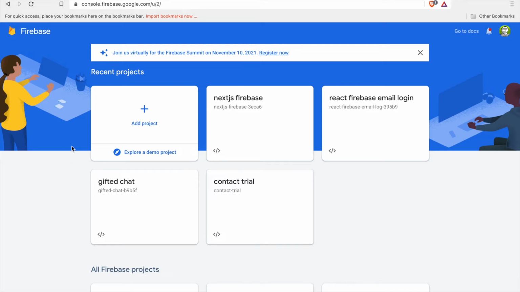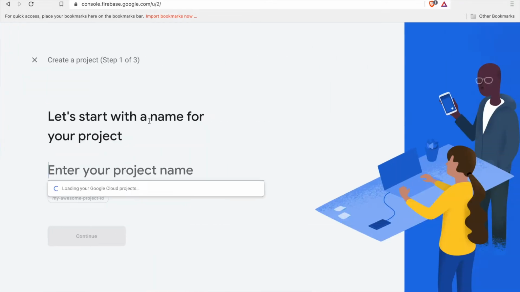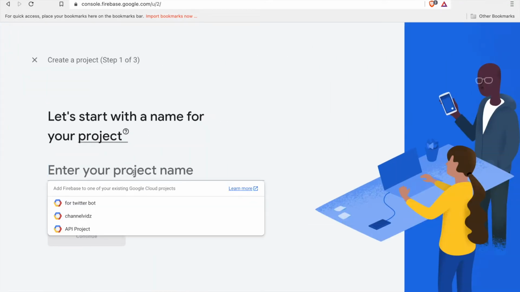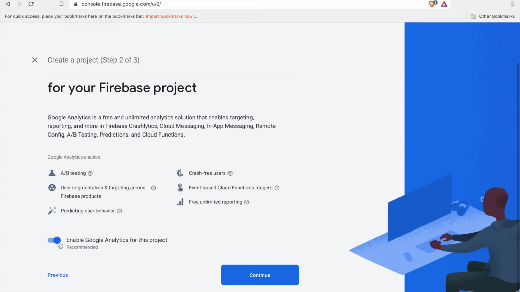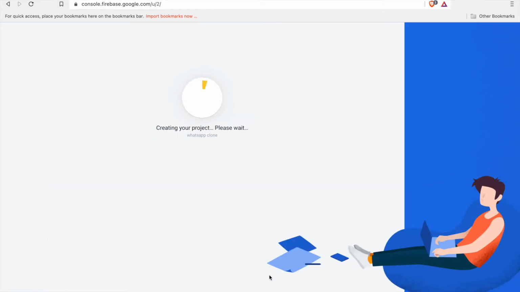In this part, we are going to add Firebase as our backend, so we have to go to the Firebase website and click on Add Project, and then we type WhatsApp clone, and then click Continue, and then we disable Google Analytics for this project and click Create Project, and then we click Continue,